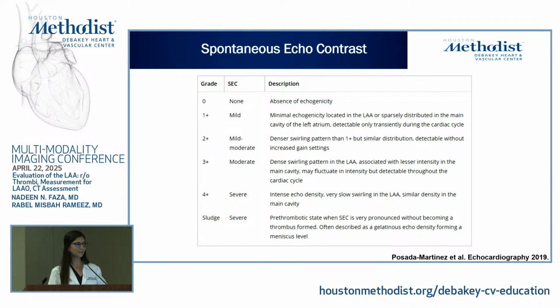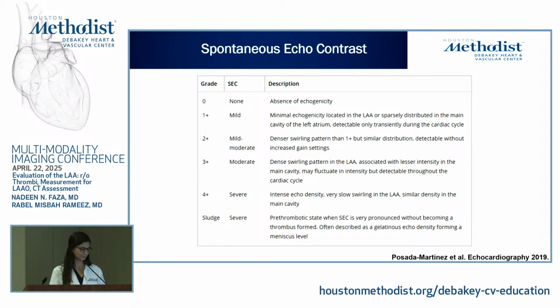So to go over the different types of spontaneous echo contrast, this table kind of shows the different grades of spontaneous echo contrast, with 0 meaning absence of any echogenicity in your appendage. And then it goes from 1+ to 4+, and finally ends with sludge, which is severe spontaneous echo contrast. And the way you describe it is based on the amount of echogenicity, the distribution, and the movement of the